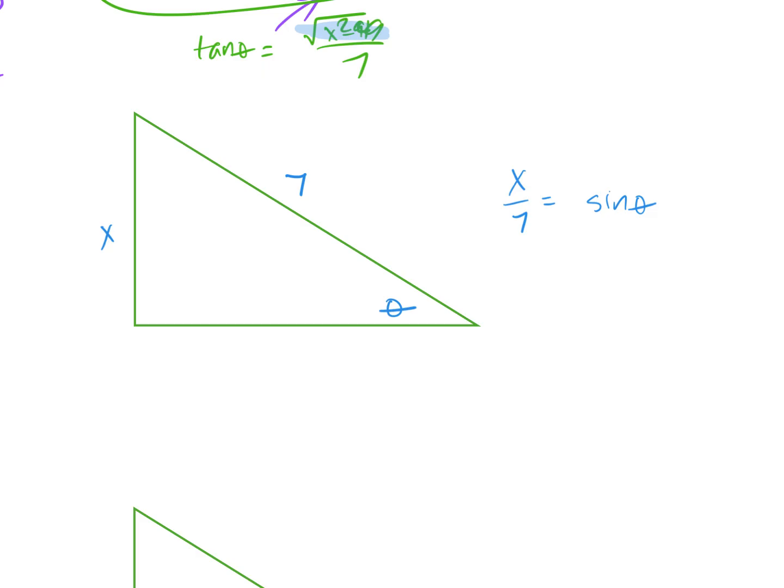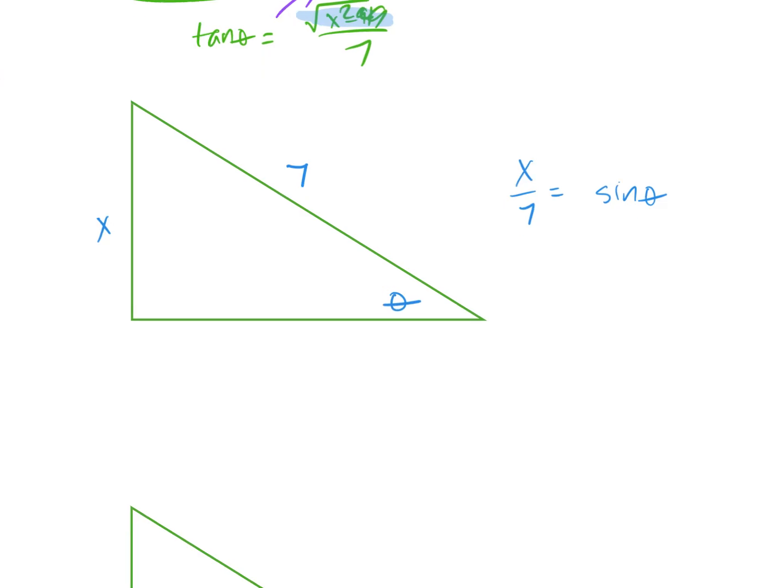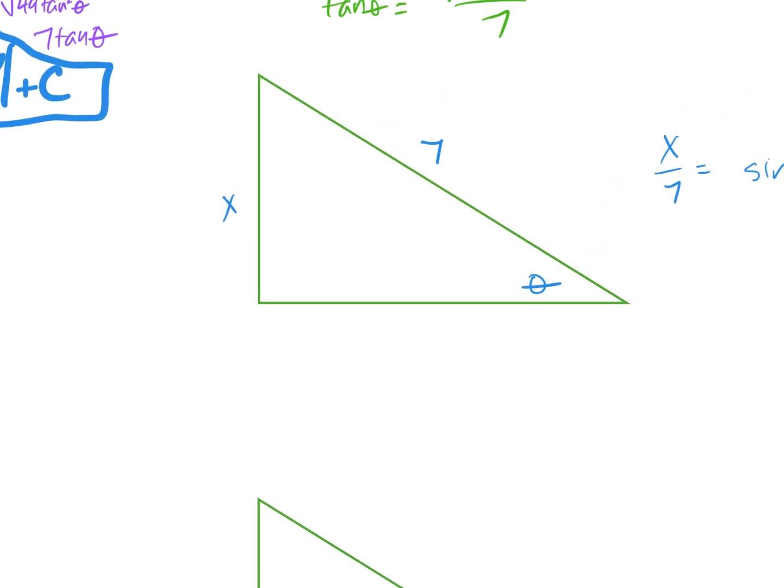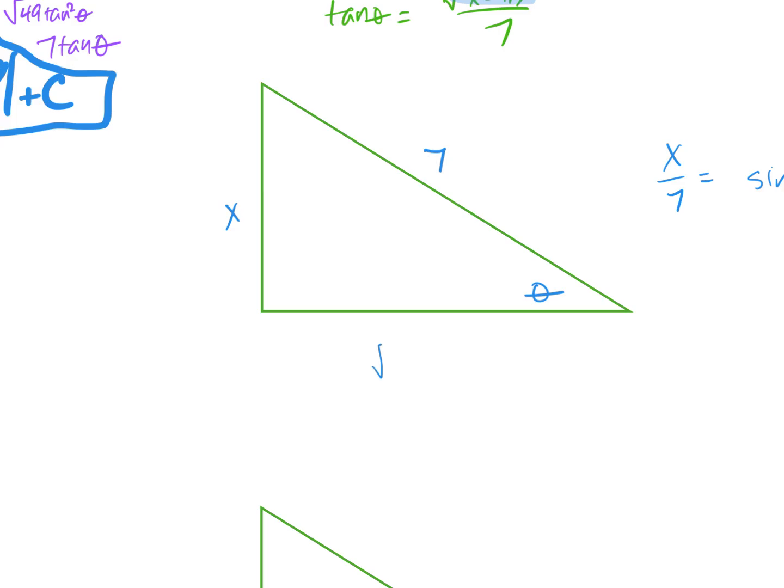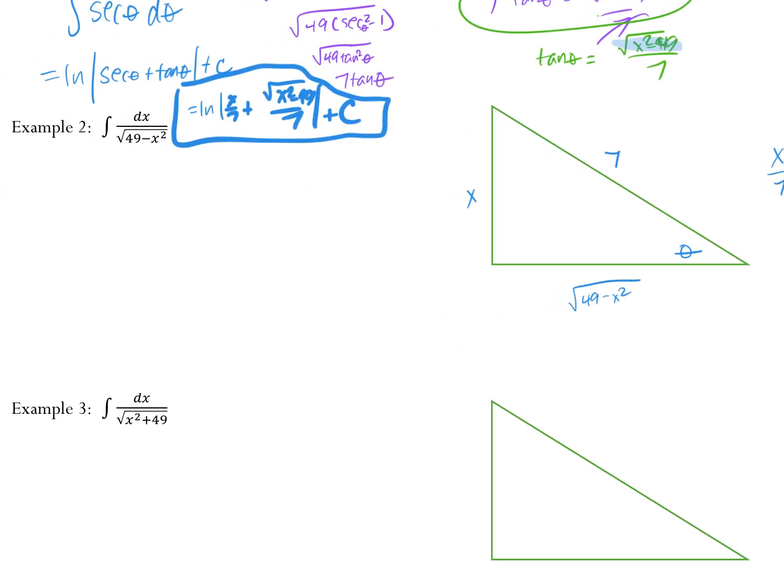Again, if you want to memorize it, great. If you want to find a different way to think about it, awesome. That's the one that makes sense to me. What does that make my third side? My square root of 49 minus x squared. Everybody good? Great. So now,